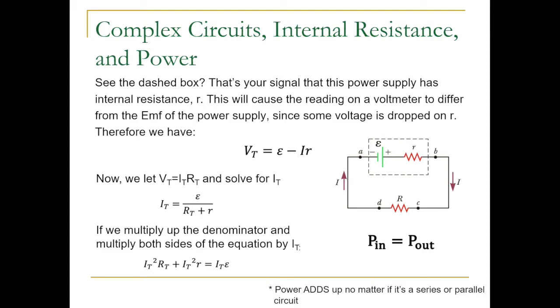So this is exceptionally useful when we're dealing with complex circuits, because when we have light bulbs in series or in parallel, or resistors in series or in parallel, when it comes down to power, we simply need to know how much power does the power supply have and how much power is being used by each individual digital device. This is also the way that you're going to be able to describe the brightness of light bulbs, because the basic understanding is going to be the more power that is used by the light bulb, the brighter it's going